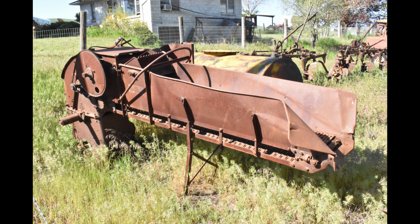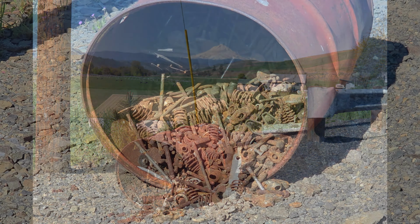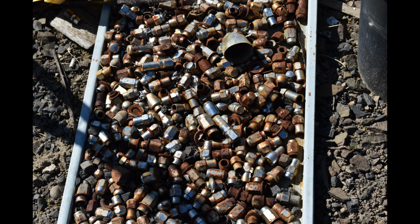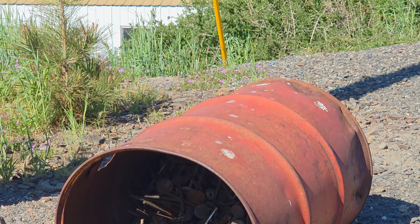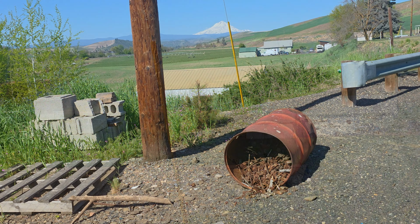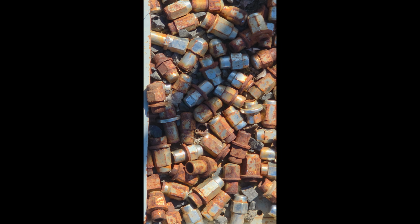Then things get really weird. We turn to walk back and notice this turned over barrel of salvaged piston springs and valves from engines. At our feet is a mosaic of discarded wheel lugs, hundreds of them. Michelle sees art. I work the camera but get nothing unusual. Kind of fun, huh? Trying to make junk into art wasn't happening. Yeah, well,